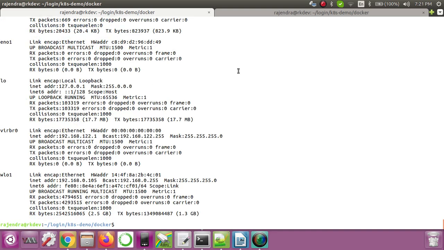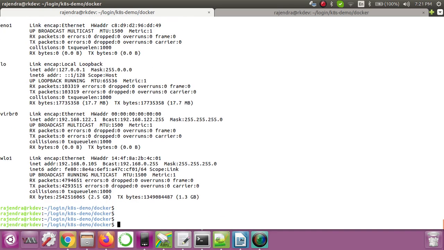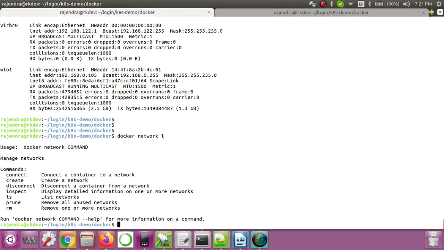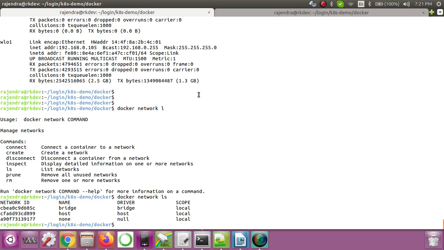Now how to see more information about the bridge network? We know that if I do docker network ls, we can see all the networks. But how can we see more information about this bridge network? We can use docker network inspect and then your network name. What is the network name I have? It is the bridge network. Now if I press enter,